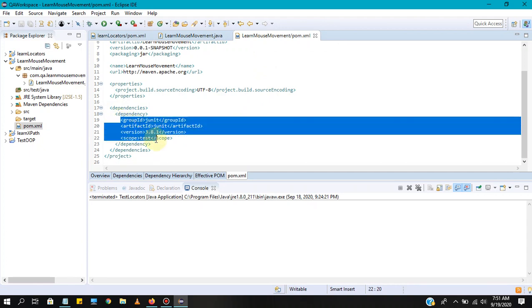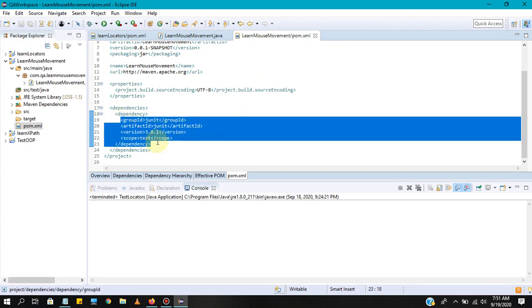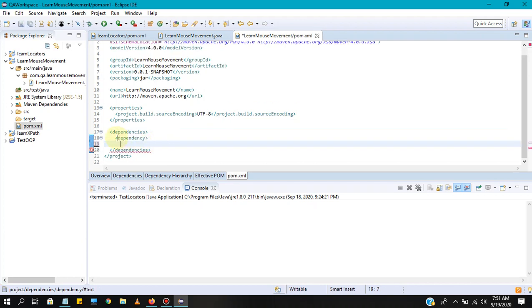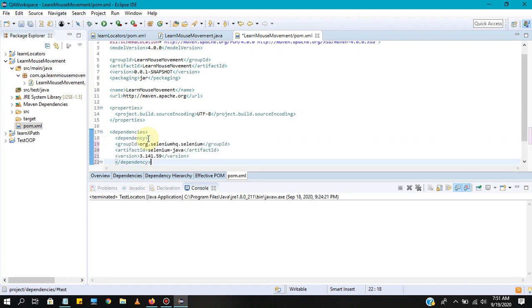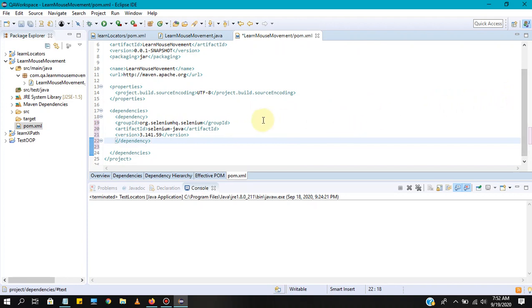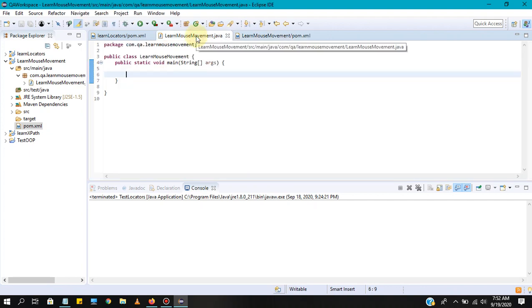You can remove this JUnit stuff, right? Like this, you can add your Selenium dependency and just click Ctrl S, so that relevant files will be automatically installed, right?